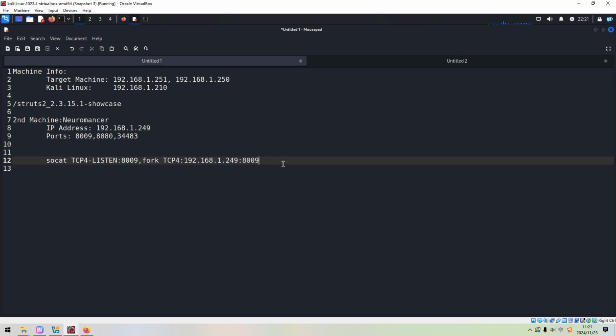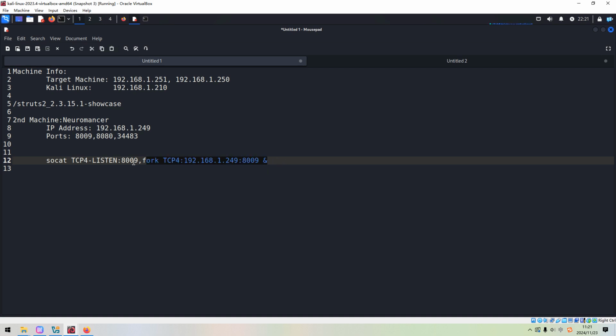Very important, because we need to set up 3 port forwarding channels or tunnels, we need to put the ampersand at the end. Otherwise, we cannot set up the second. We can use this ampersand symbol to put this process in the background.